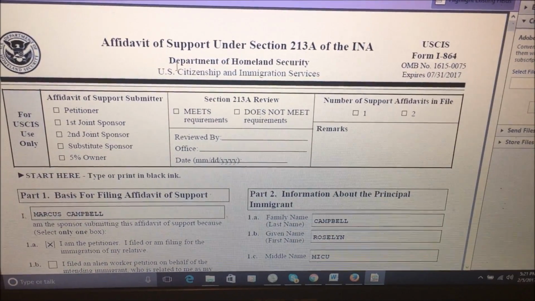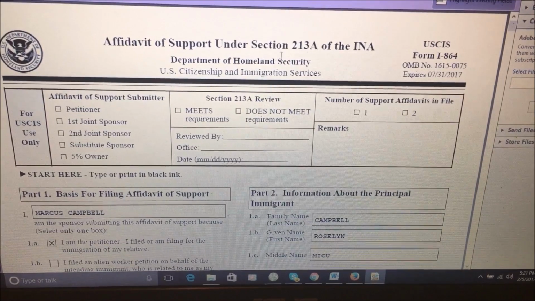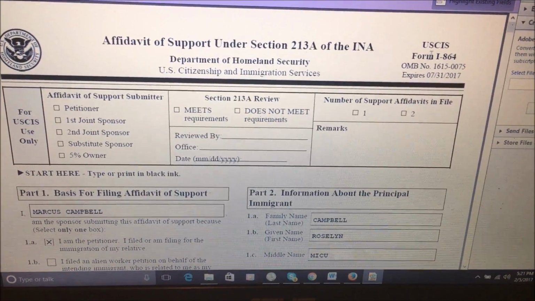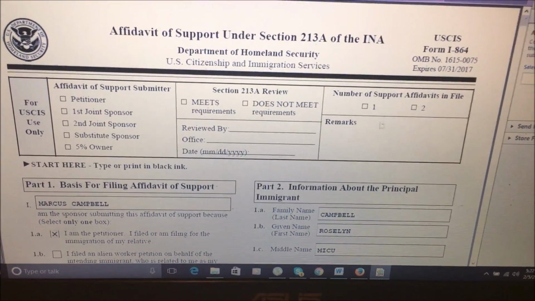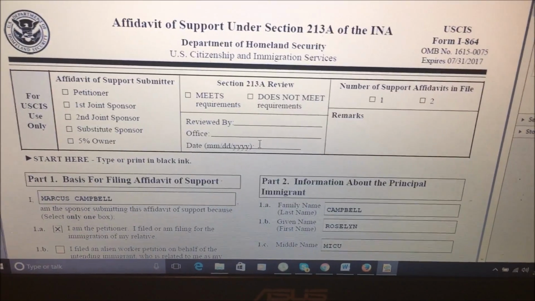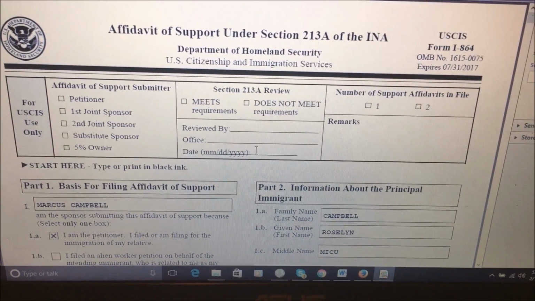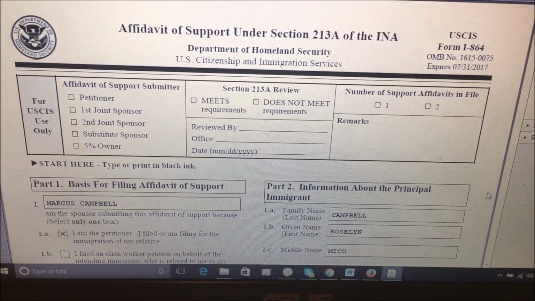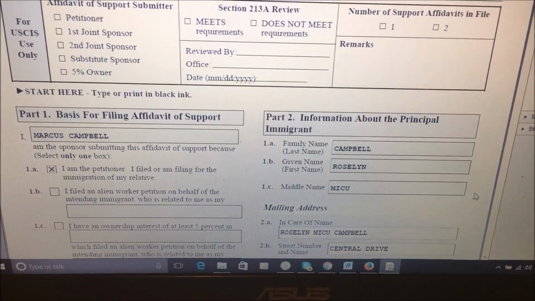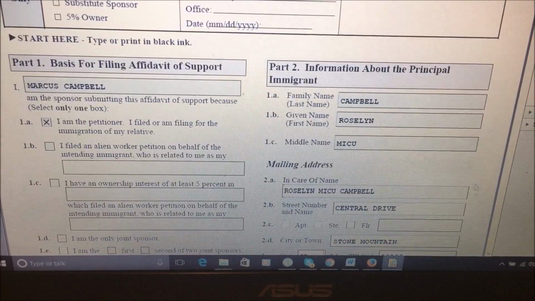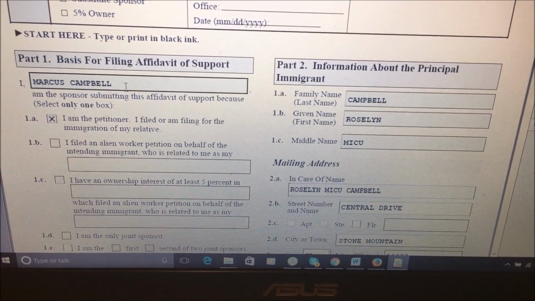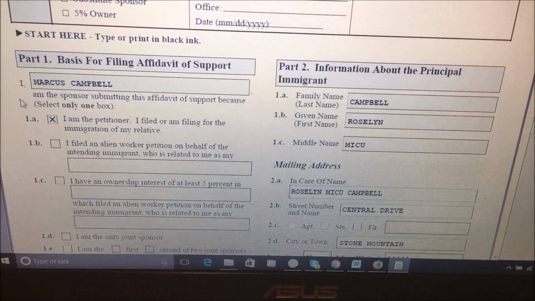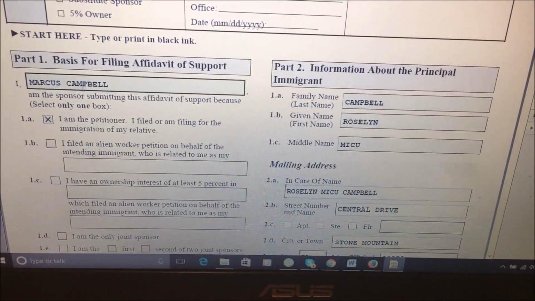So this is the Affidavit of Support under Section 213A of the INA, USCIS Form I-864. Your spouse will fill out this form. So Part 1, basis for filing Affidavit of Support. I, of course, my husband's name, Marcus Campbell,